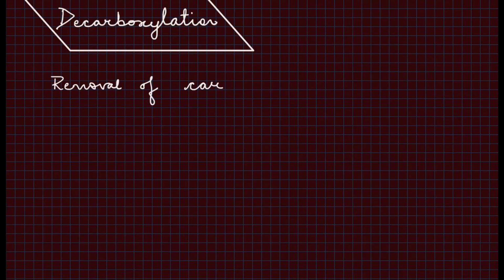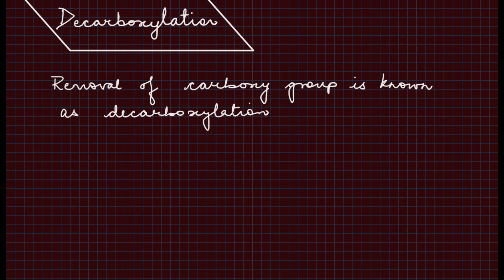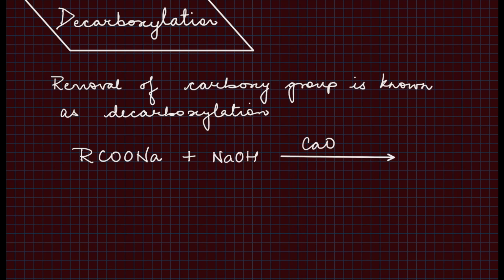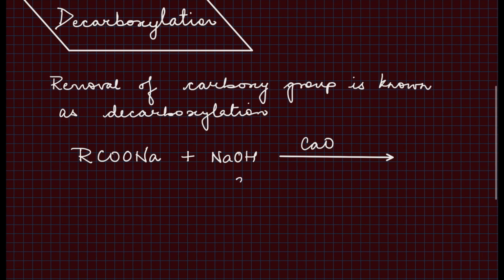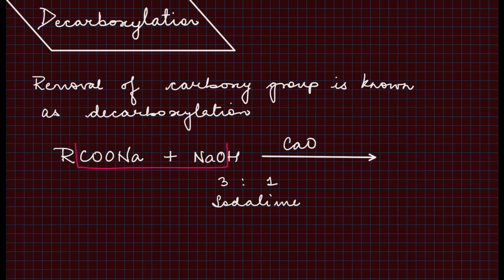Decarboxylation. So removal of carboxy group is known as decarboxylation, and it can be done in two ways. So for decarboxylation, one method is we take the salt of carboxylic acid, we treat it with soda lime, which is nothing but NaOH and CaO in the ratio 3:1 and also known as soda lime. There is a removal of Na2CO3,